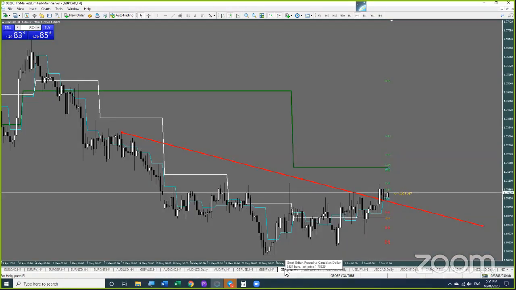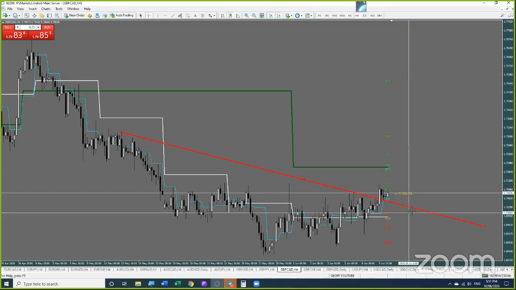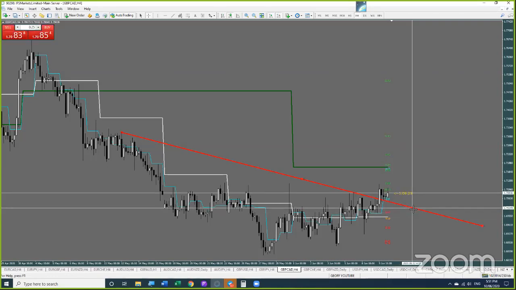Okay, I'm looking to trade Pound CAD short, actually. And what I want to see is a close below 170.24. 170.24 is right about there. Now, you may want to ask yourself, why on earth would I want to do that? Given that I've just said,